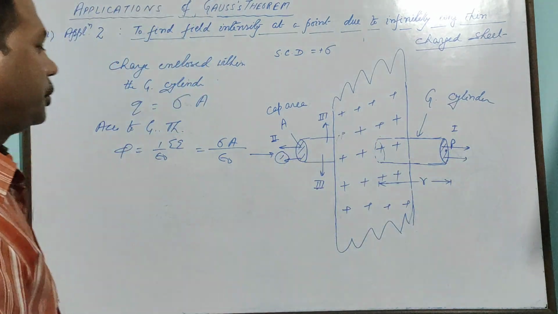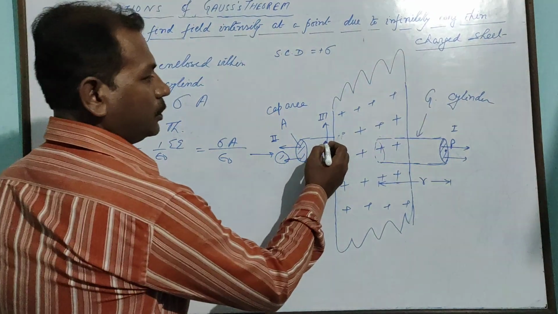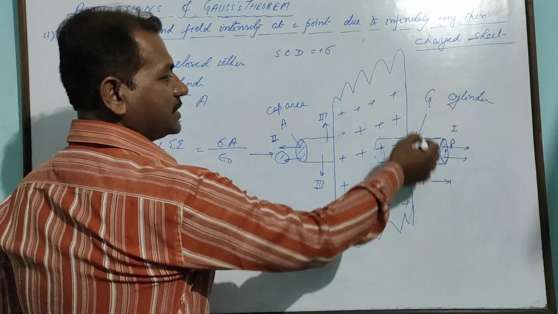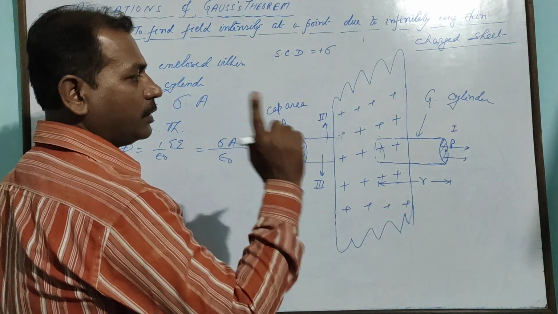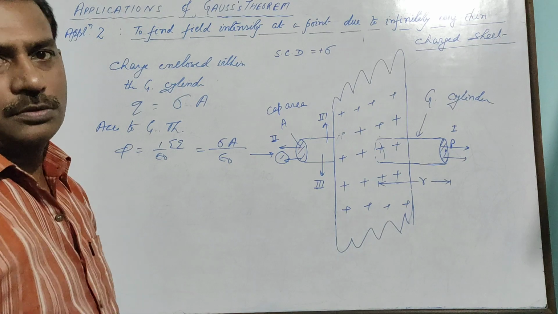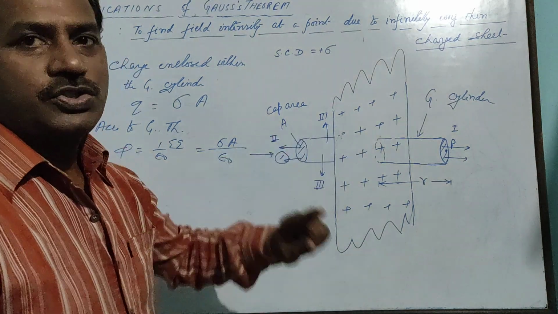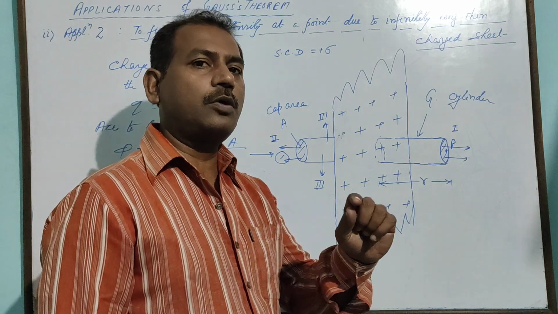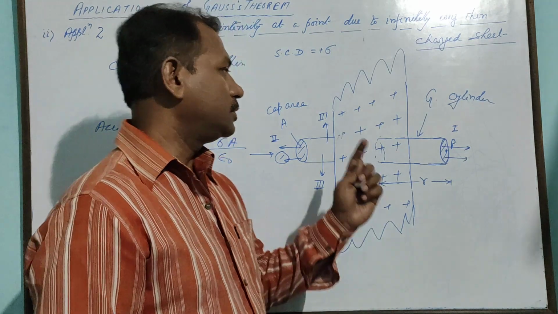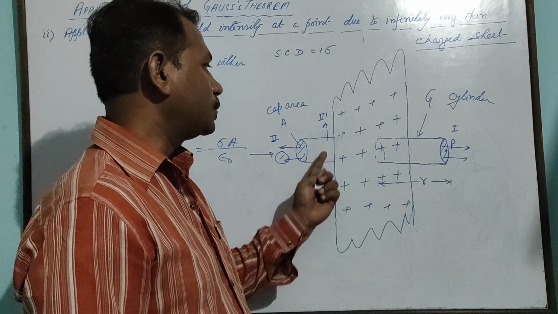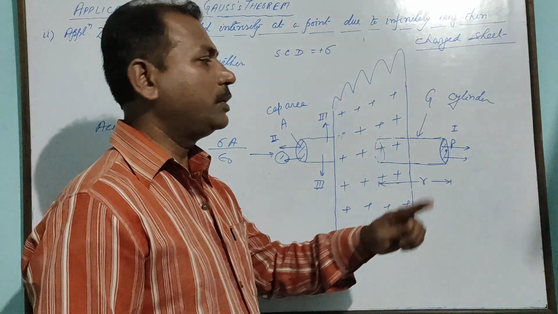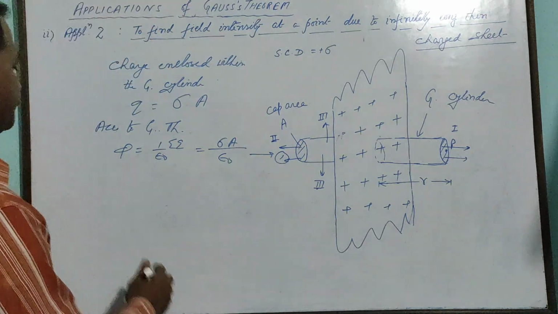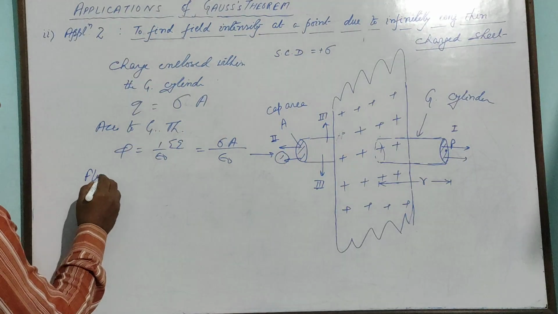You know from the theory of electric flux that those lines which come from this side will not be normal to the charge sheet, which is the property of electric flux, that it will always come out normally. So electric flux will not pass through the curved surface area, rather it will pass through only this area and this area. That's why when you go according to flux theory,